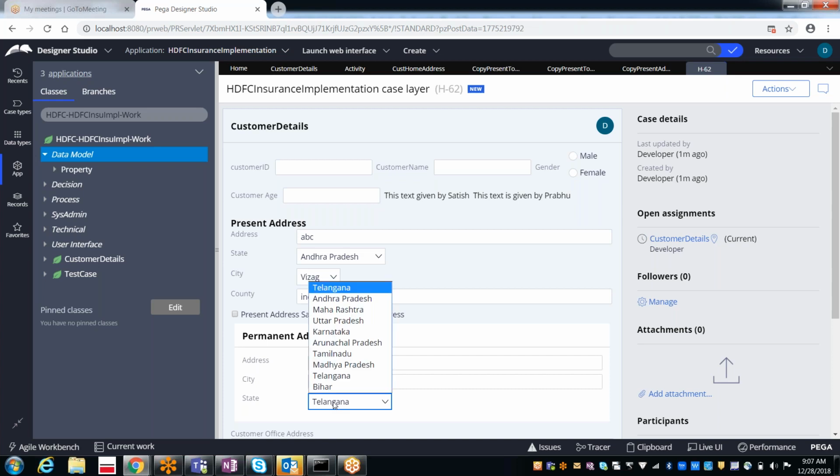But for the state, it is not able to clear, because the default is that you must select one of these things. So otherwise, what exactly can we do? Can someone tell me?